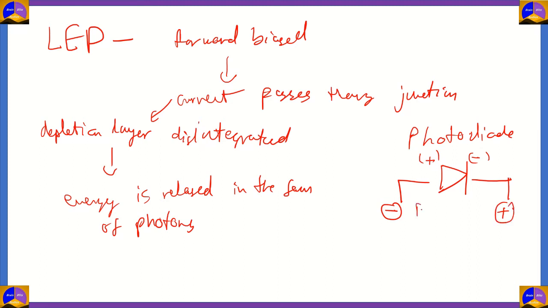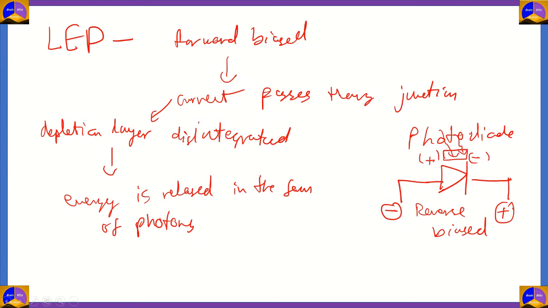So this is reverse biased. And the conductor is reverse biased, so therefore there is no current passing through here. So the depletion layer increases and there is no current passing through. But in a photodiode, now let's suppose this is a window over the depletion layer, and then you take light